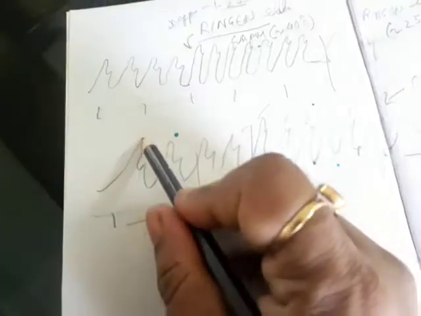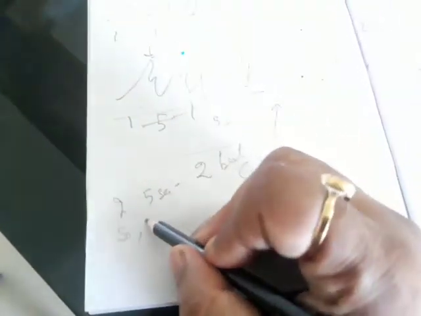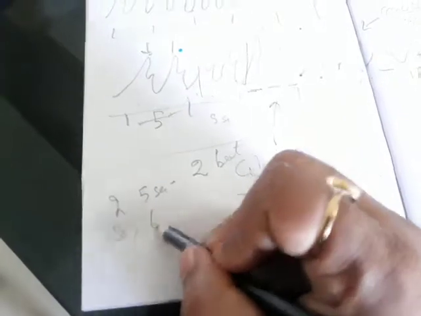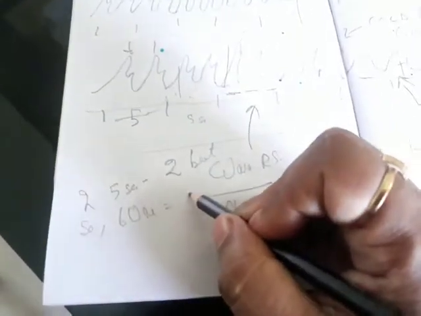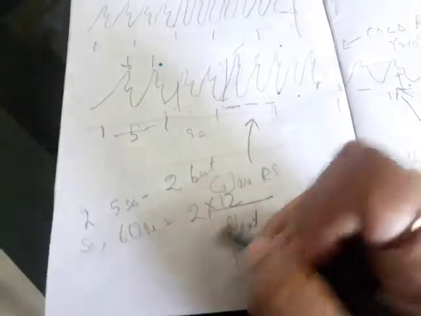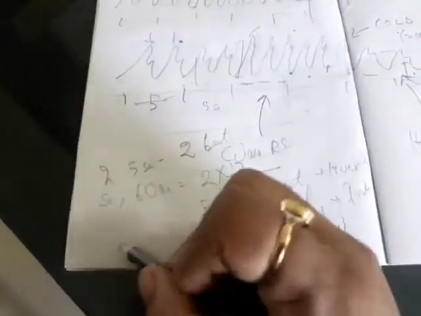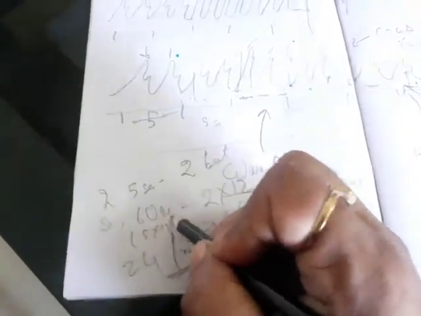Now, how to calculate the rate of heartbeat? See, in the time tracing, this is the time tracing, you saw two peaks here, 1, 2. So 2 peaks under this 5. So if in 5 seconds 2 beats, so in 60 seconds it will be how much? 2 into 12 is 24, around 24 per minute. Okay, so we know that 5 into 12 is 60.